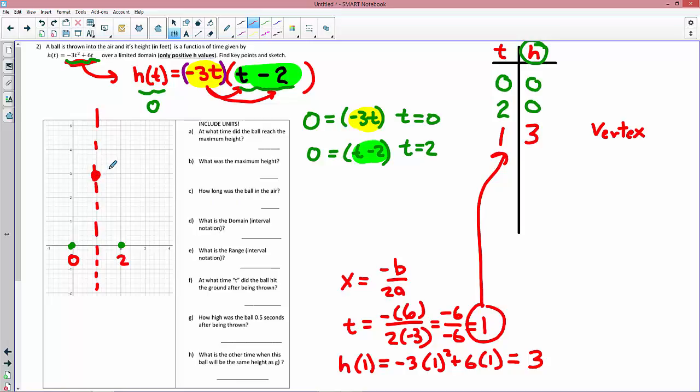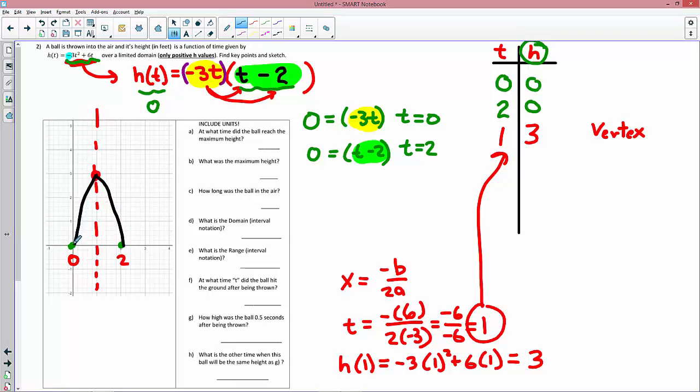There it is. Now, this is a pretty simple parabola. It is an upside down parabola. How do I know that? Don't forget that's always on the quiz too, upside down parabola, because this is negative right there. So that means it's upside down. So I know that this is a maximum, and it's going to go like this,